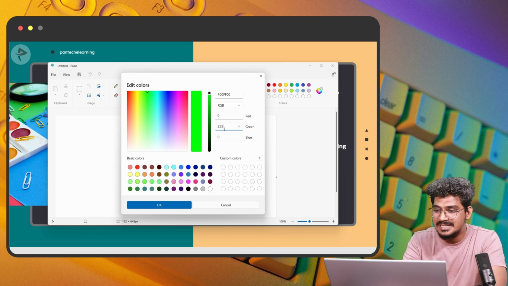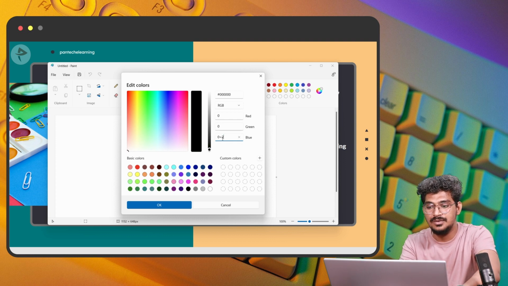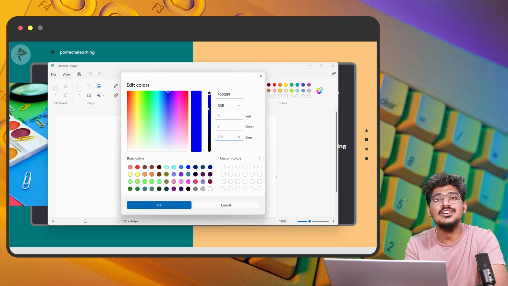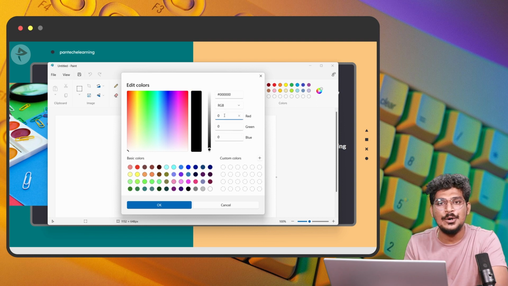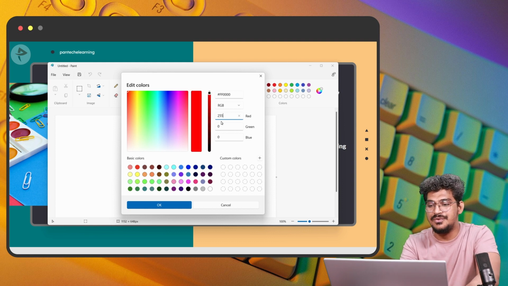And what about these here? For example, 255 for blue. What is the range of the color? That is nothing but blue. If I change all the values to 0, what is the value here? That is black. If I change all the values to 255, the range is between 255, the color value,